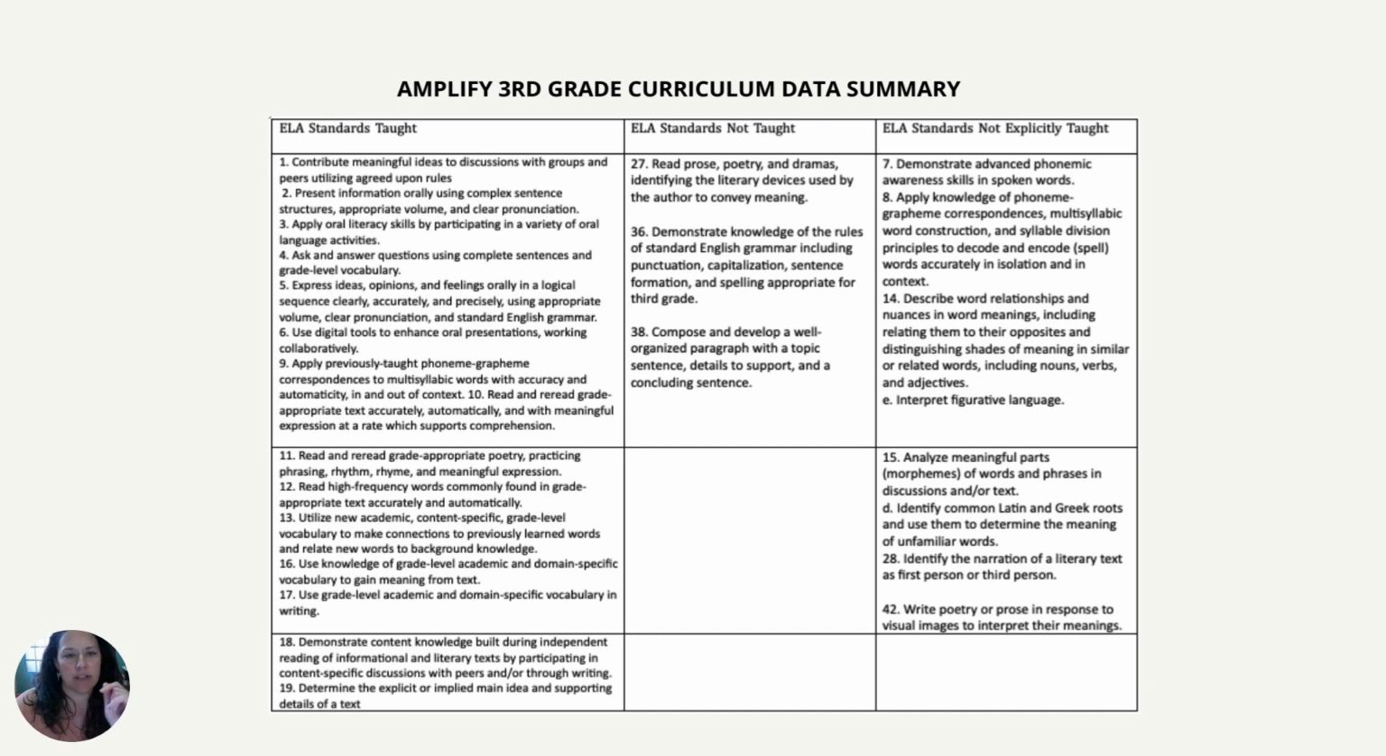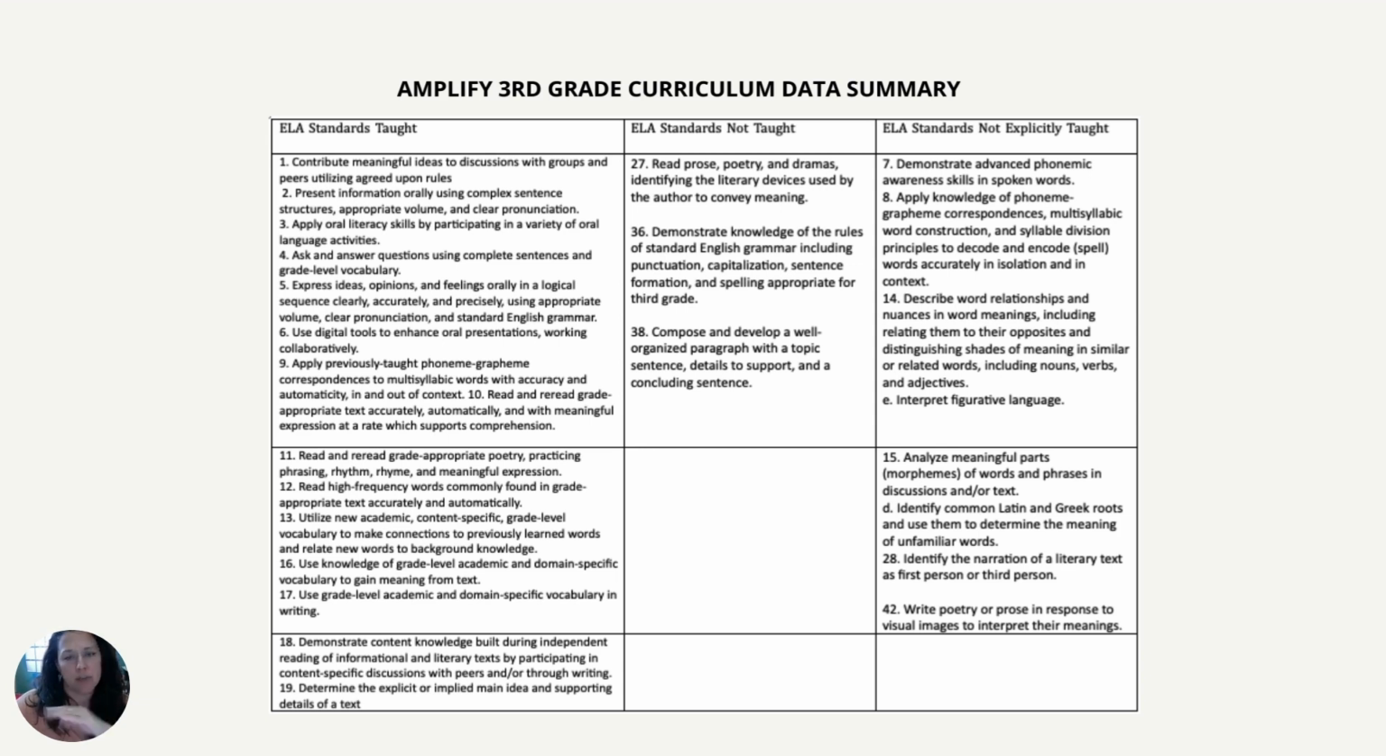There are some grammar things that are not taught. And then the paragraph one about the writing is not explicitly taught. So those are a few. I think the poetry one is a big one, though. The one all the way on the right side is not explicitly taught. A lot of those things are phonemic awareness, phonics skills